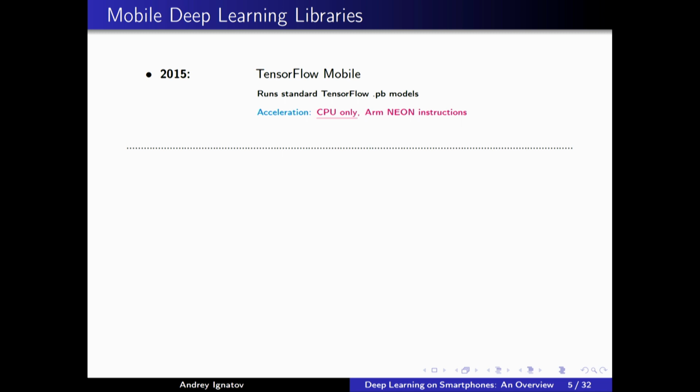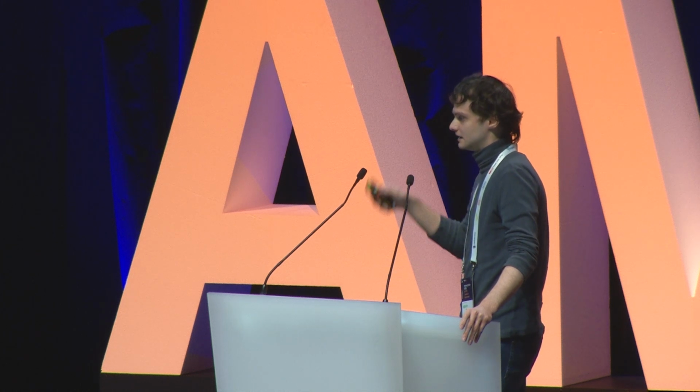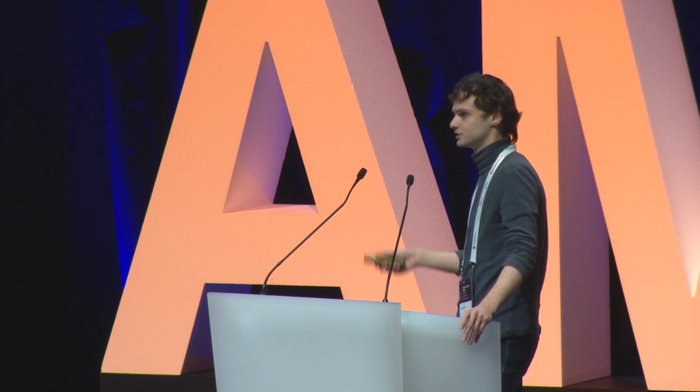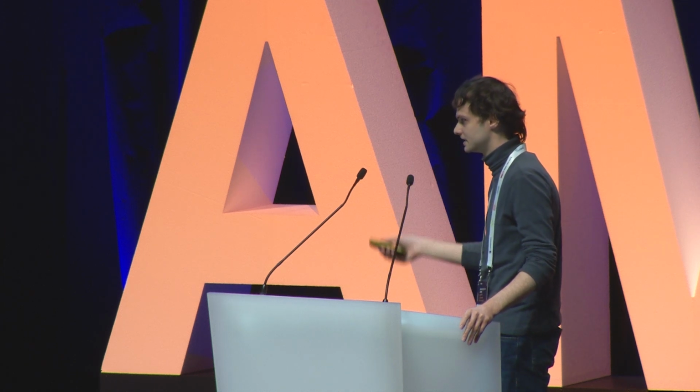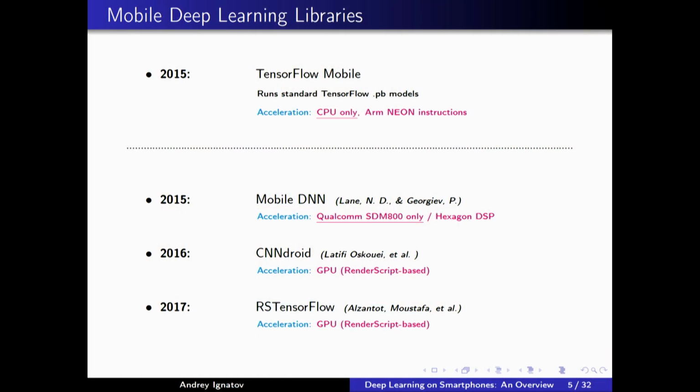TensorFlow Mobile can be considered as the first mobile deployment library that can be used for practical applications. It was released in 2015. It was able to run standard TensorFlow models and was supporting almost all TensorFlow operators. All computations were running on CPU, and this was its biggest disadvantage. So it was not possible to accelerate models with GPUs or NPUs. Hardware acceleration was addressed in several research topics, but unfortunately they didn't get much better results than in case of